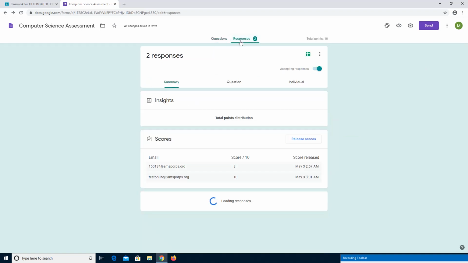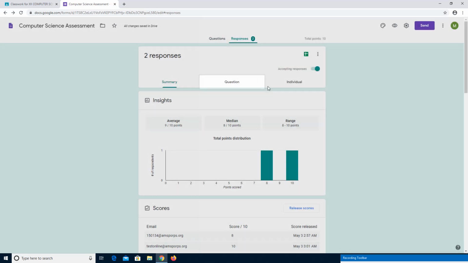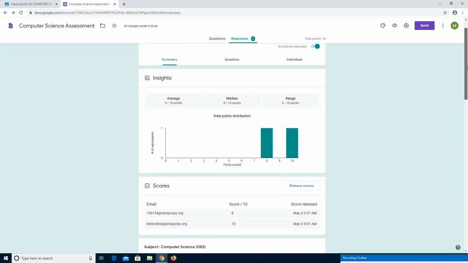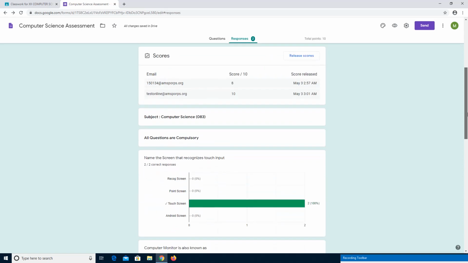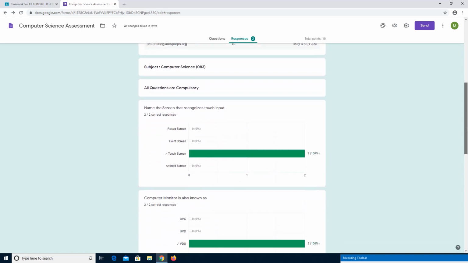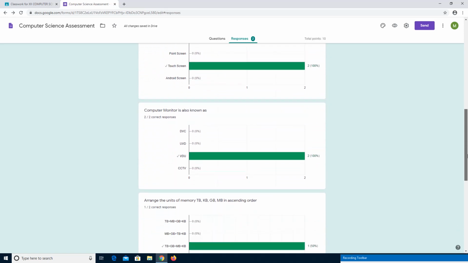And you can see here responses. When you click on responses, you'll get this information. In responses you can see under summary the total average. Two students have written, and you can see here what is the email ID and what is the score, on what date the score has been released, which subject. All the questions are compulsory. Like that we will get the detailed analysis of each and every student,